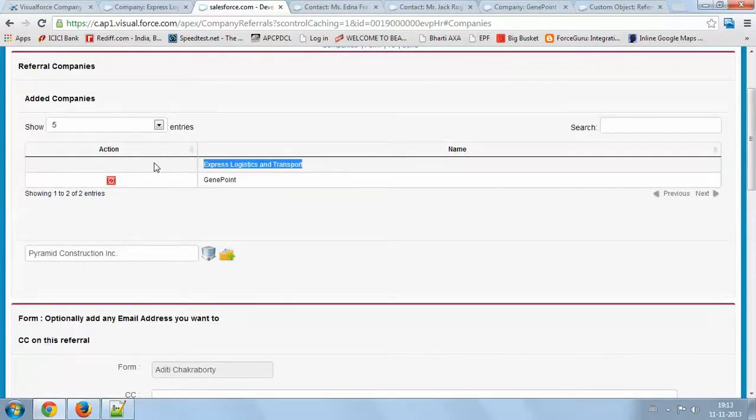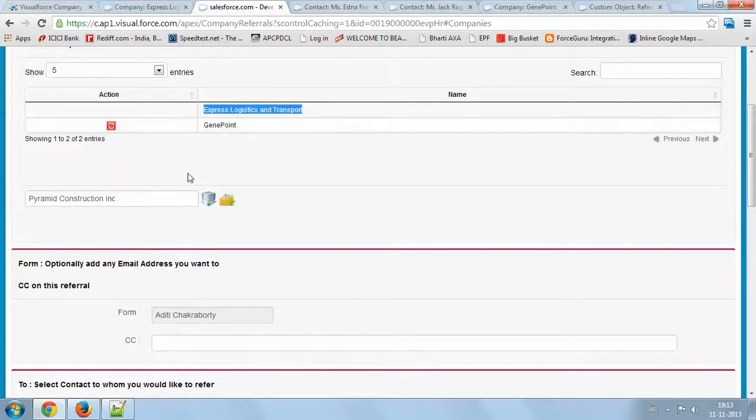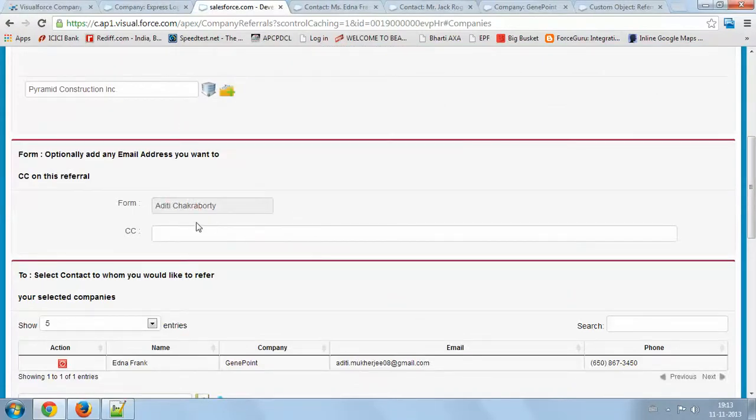Now you can see the from section, which is the current user along with the space to give the CC addresses.